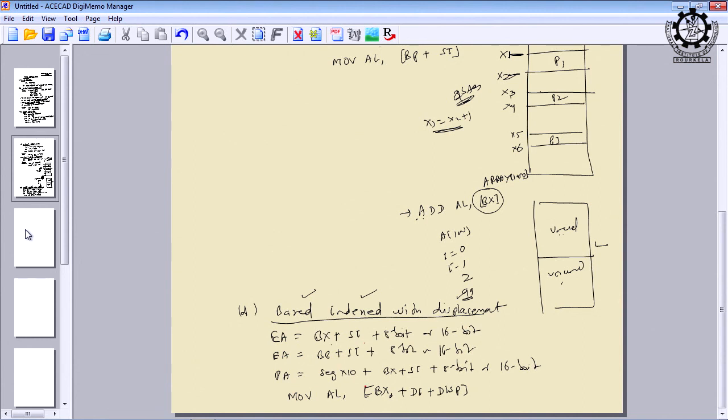The physical address will be obtained as segment times 10 plus BX plus SI plus an 8-bit or 16-bit displacement value. So, BX serves as the base register to store the base address, DI serves as the destination index, and the displacement value is the 8-bit or 16-bit displacement. The purpose remains the same for base and index. Is it okay, or any doubt?